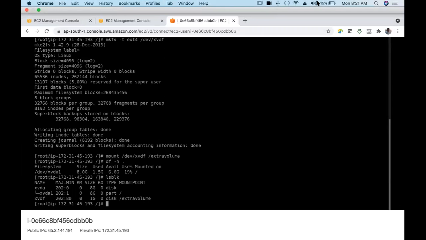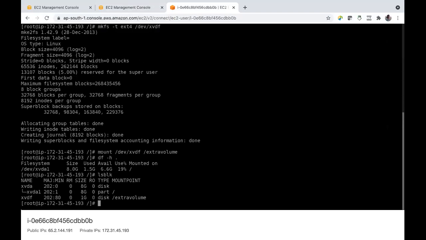And let's see how to make it available even after reboot. As I said, in your file system, say what is my file system, Linux file system, ls.